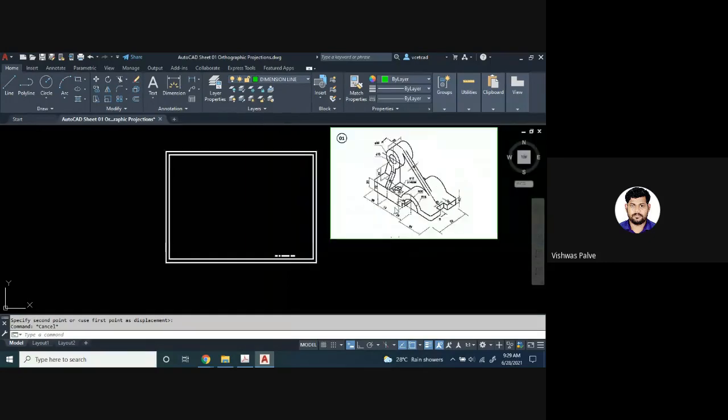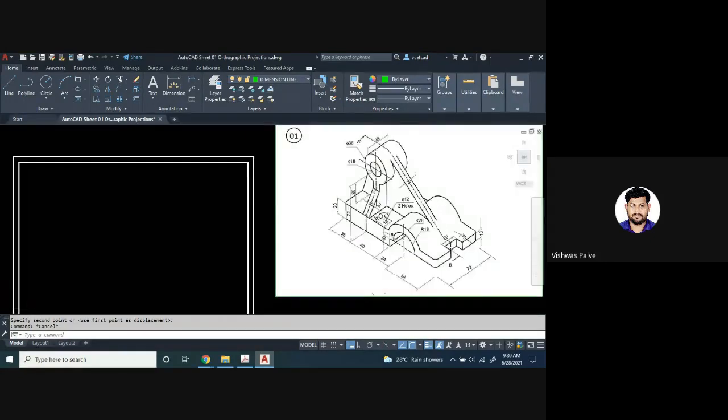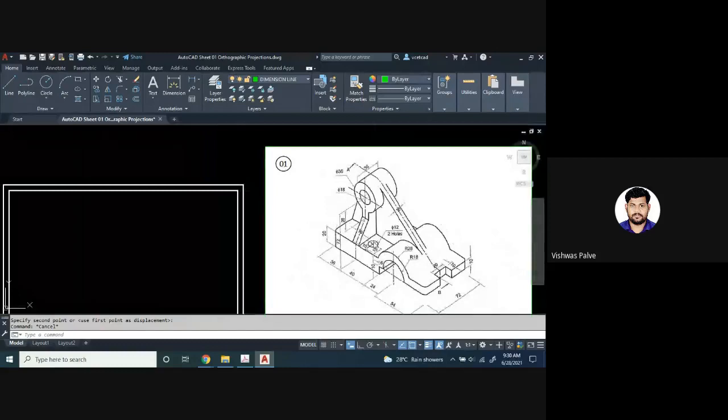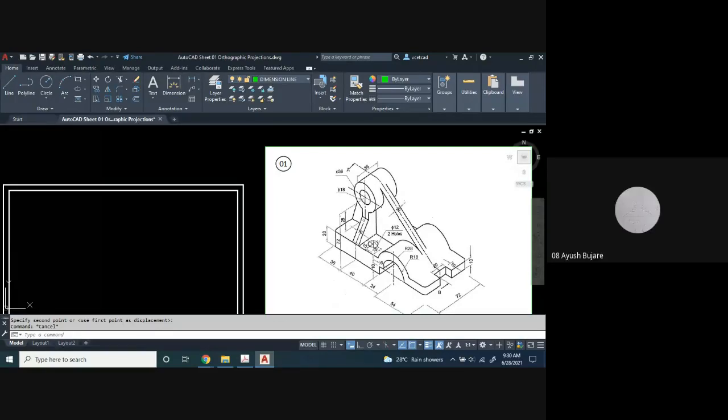Maximum height. If I want to calculate the maximum height, how much is the maximum height? Can anyone guess the maximum height? Calculate and tell me. 108. So for calculating the maximum height, we have to take this CL. 72 is from the base to the center of this circle.